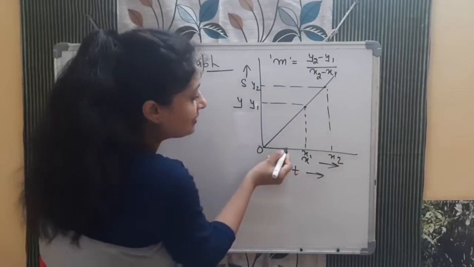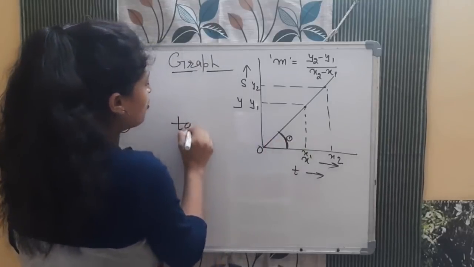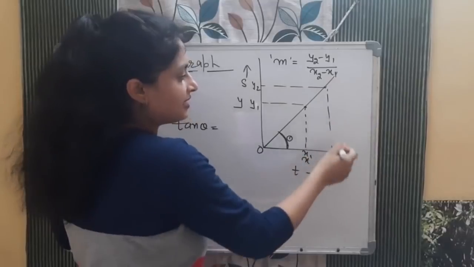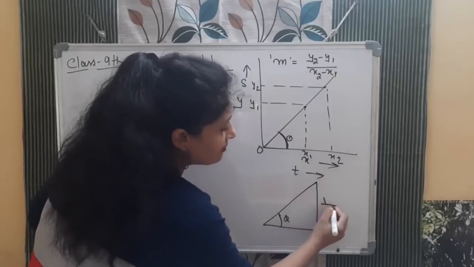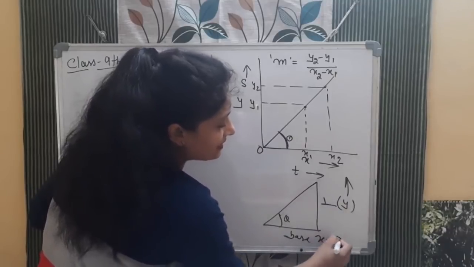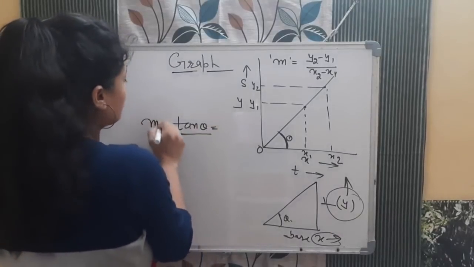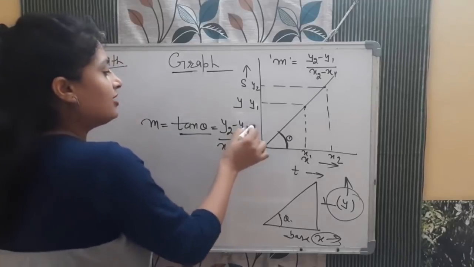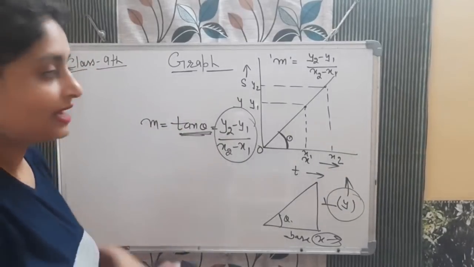So what is this? If I say this angle is theta, then tangent theta will be the same or not, tell me. What is tangent theta? It is perpendicular by base. If I make it as a triangle, see, like this, this is theta. So what is this? Perpendicular side. What is this? Base side. The perpendicular is what? Y-axis. Base is what? X-axis. So change in Y-axis divided by change in X-axis is what? Tangent theta. So you can simply say slope is tangent theta and it is equal to y2 minus y1 divided by x2 minus x1. So we will use this only. No need to worry about this. But I just wanted to tell you that slope is tangent theta also.